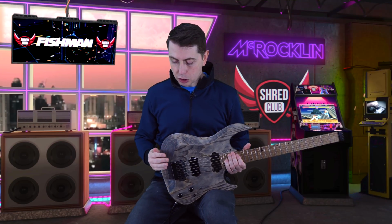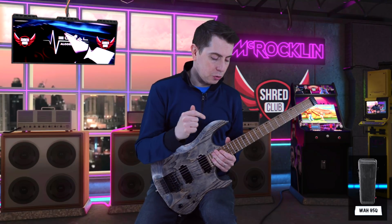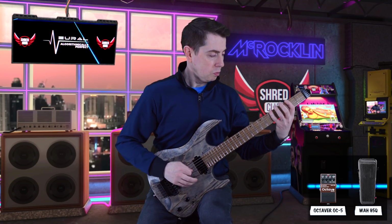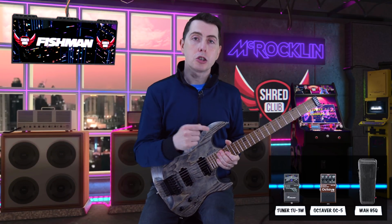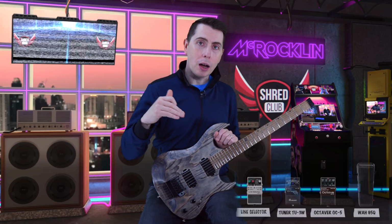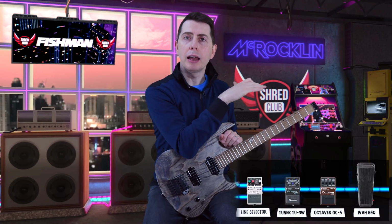So my guitar's going into the wah, which is a Dunlop 95Q, and then I'm going out from the wah into my octaver, which is the Boss OC5. And then I go into my tuner, because we always need to be in tune. And this is where it gets interesting. That signal that's flowing through the wah into the octaver into the tuner then hits the Boss LS2, which is